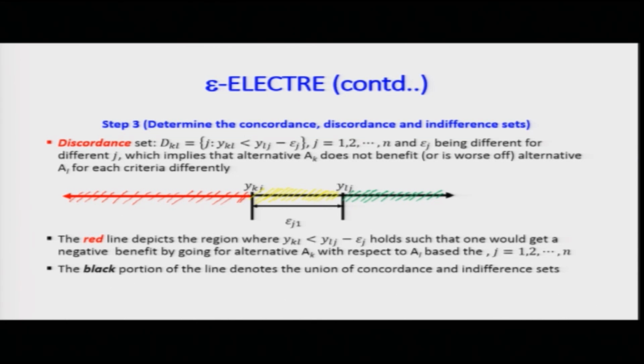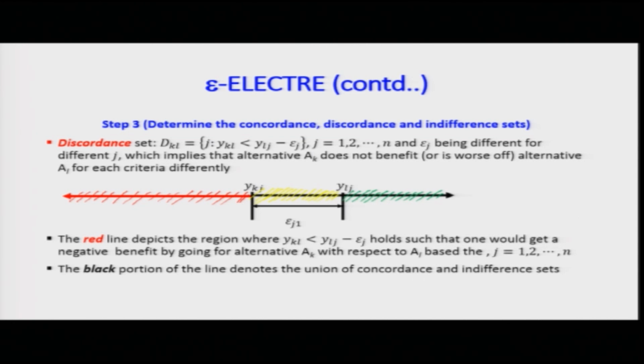So, D values for each and every j would be calculated, where epsilon j is different for different j's, which implies the alternative A k does not benefit or is worse off by taking that alternative A k and not A l. So, here the red line depicts the region where y k l is less than y l j minus epsilon j, depending on the value of epsilon j, such that one would get a negative benefit or a disbenefit by taking A k with respect to A l, my apologies, based on the criteria number, because epsilon j would dictate the level of